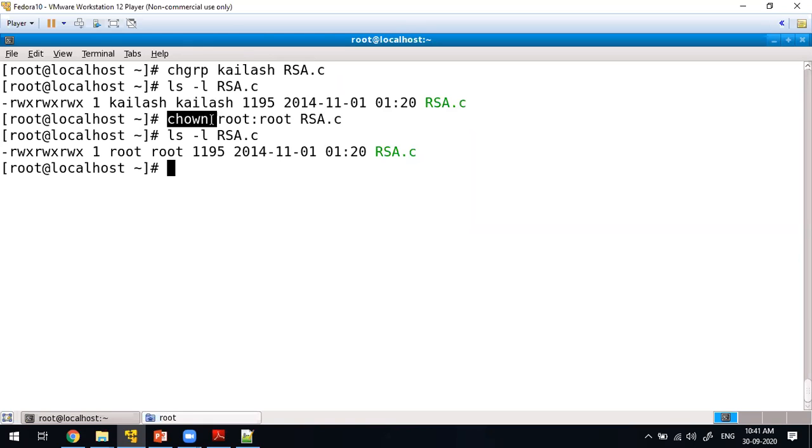In order to change the owner and the group in a single command, you write chown user colon group owner, followed by a space and the file name. If you enter it, it will change both owners. This is how you can change the file ownership. File ownership means changing the owner, which can be the user or the group owner.